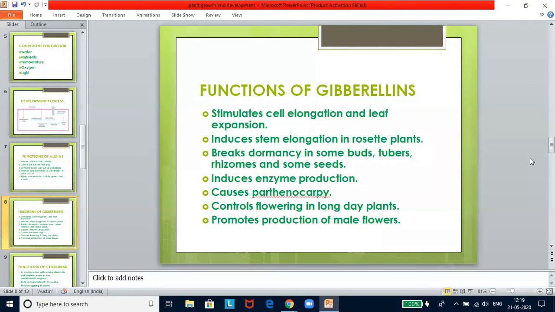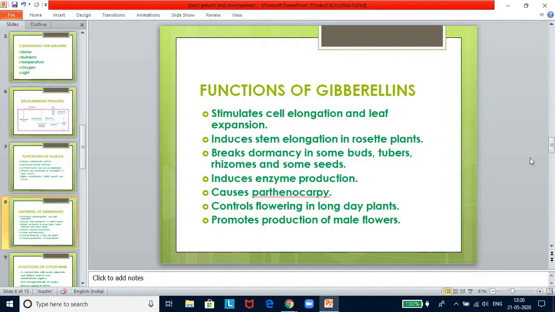Cabbage is a good example of such a plant in which leaf development is profuse and growth is retarded. Just prior to the reproductive phase, the internodes elongate enormously, causing a marked increase in stem height. And this is called bolting. Bolting requires either long days or cold nights. If a cabbage head is kept under warm nights, it retains its rosette habit. Bolting in cabbage can be induced artificially by the application of gibberellins under conditions that would normally maintain the rosette form. Natural dormancy of buds, tubers, rhizomes, and some seeds can be overcome by application of gibberellins.